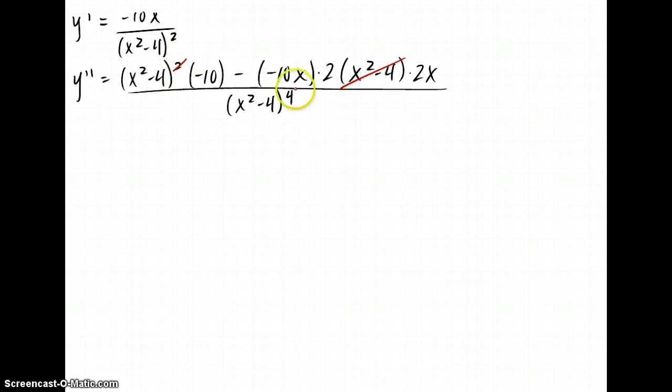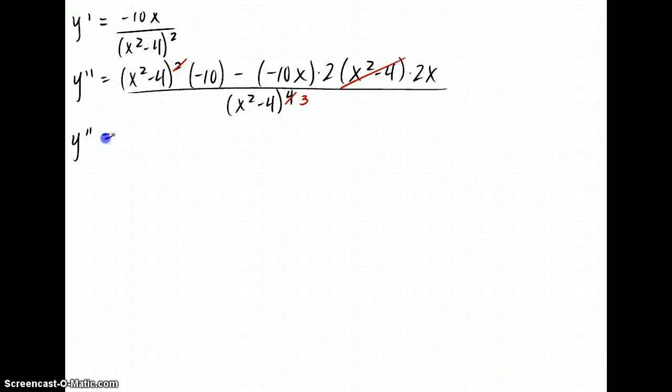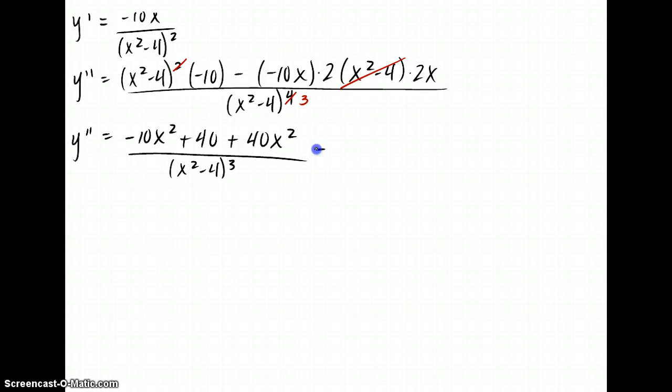X squared minus 4 will cancel from each term in the derivative function. -10x squared plus 40, +10 times +10x times 2, +20x times another 2x would give us a +40x squared. Combining like terms,